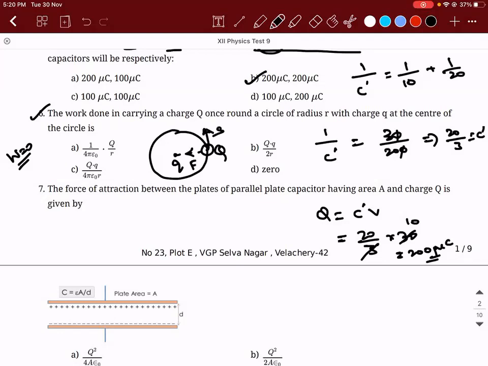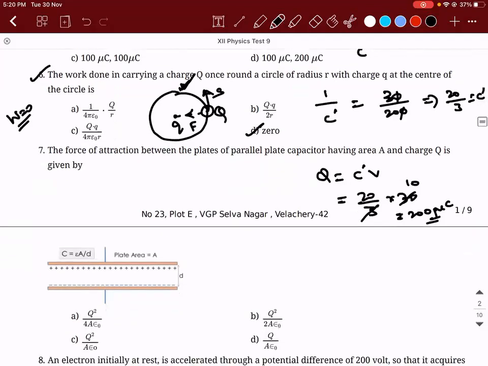Displacement is in this direction. Force and displacement are perpendicular. That is another logic. Thirdly, what can you say? This is an equipotential surface. Because with respect to a point charge, what is the equipotential surface? It will be a sphere. On that sphere, if you move any object in a circular path on the circumference of it, work done is still 0. Seventh. Right. I hope sixth one is clear, right? Everyone is clear? I gave you 3 logics.